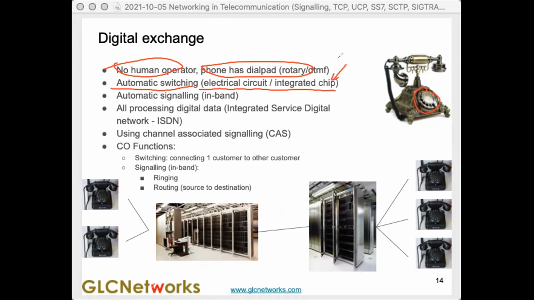And then because we have integrated circuits, or IC, integrated chips, those processes are done by these things. Signaling is done automatically. So if you want to dial 01, 02, the exchange will understand automatically, and that's why we have a phone number system. So you have a country code, you have an area code, and then